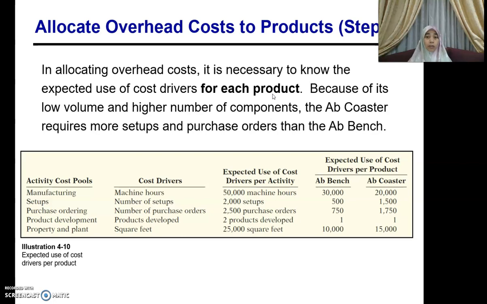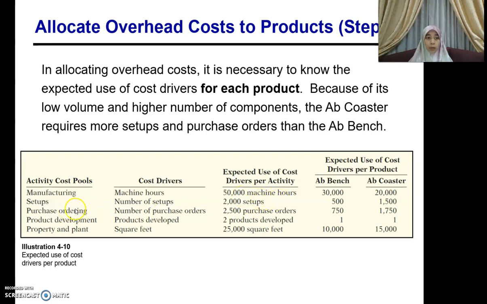So now you have two products, App Bench and App Coaster. You need to know the expected use of your cost driver for each of these. Because of its low volume and higher number of components, the App Coaster requires more setups and purchase orders than the App Bench. So you can see for your App Bench, out of that 50,000 machine hours, App Bench requires 30,000 hours, and then App Coaster requires 20,000 hours. So that gives you a total of 50,000